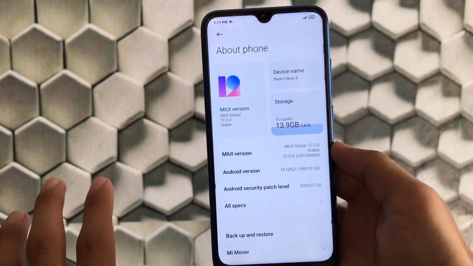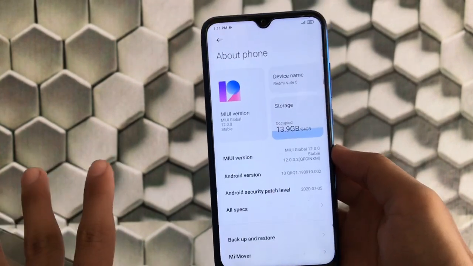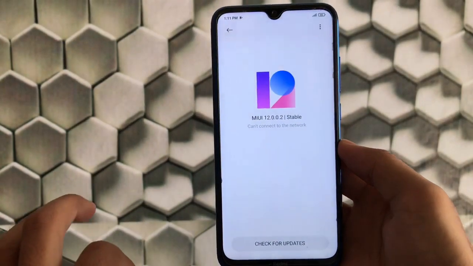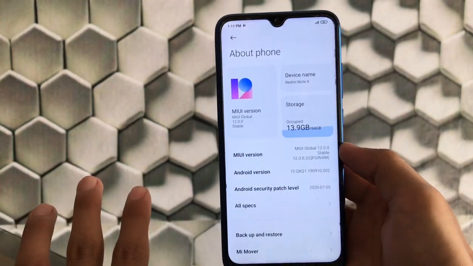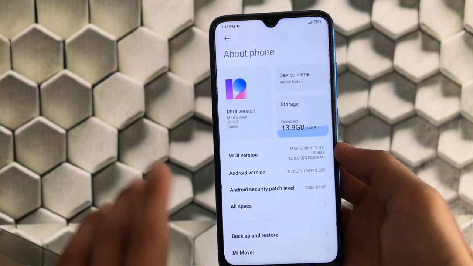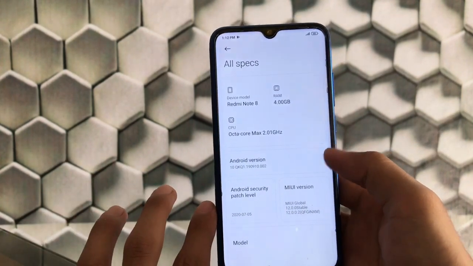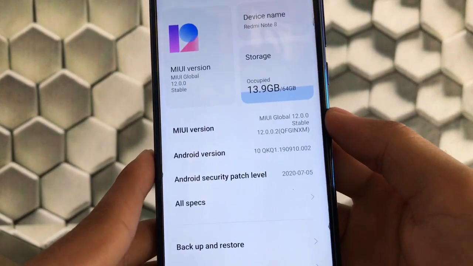Okay, let's move on to the settings. First of all, as I already showed in my community tab post, I have installed this MIUI version Global Stable 12.0.0.2 on my Redmi Note 8. You can see the Android version is Android 10, and the security patch is 5th of July 2020. All the things I have already shown you. You already got to know that this is Indian based. You can see the MIUI version here,